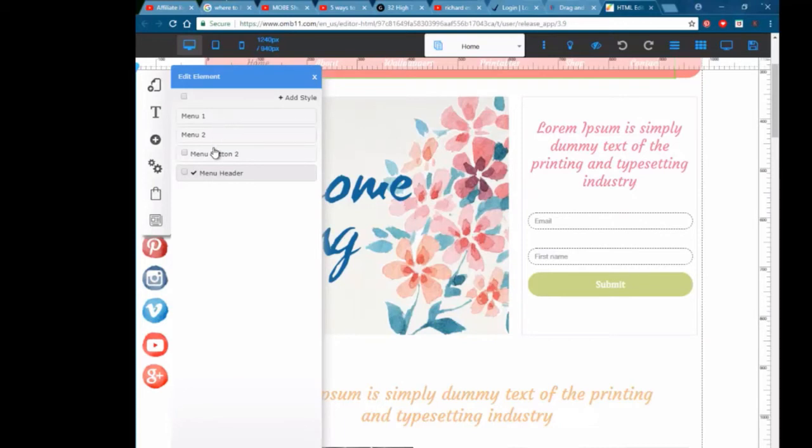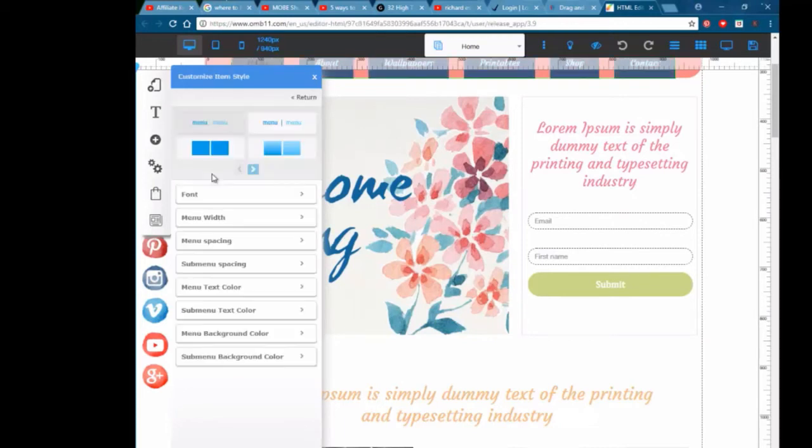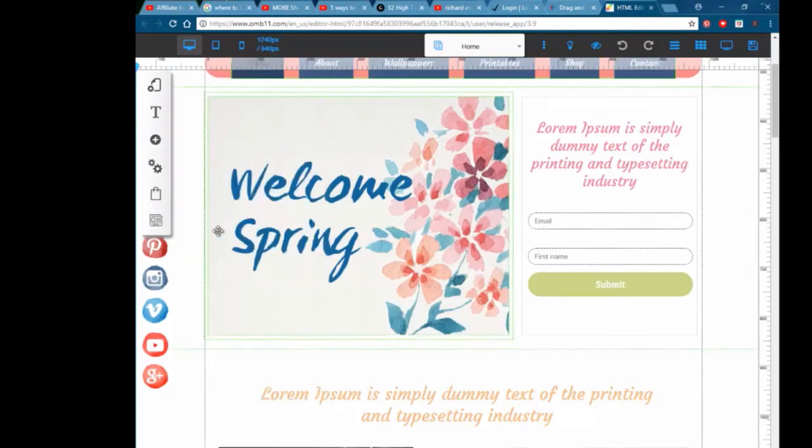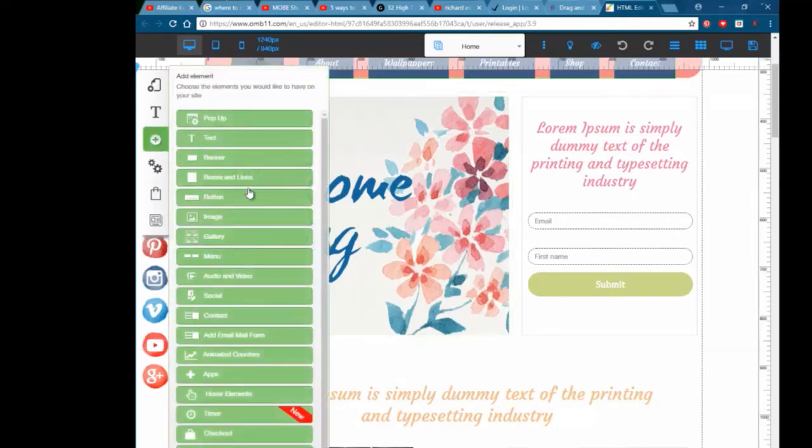Well, as you see, this is not a scripted review. This is just as it's happening. So we can change the colors here. We can change the font, the menu width, the menu spacing, the sub-menu spacing, basically whatever we want to do, we can do. If you click this button here, it allows you to add